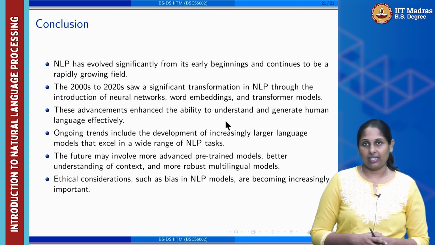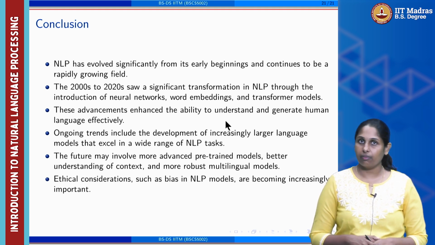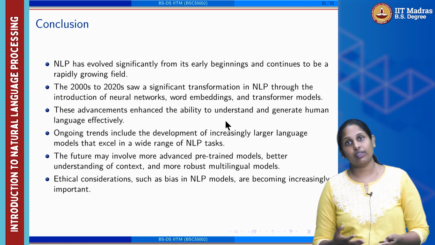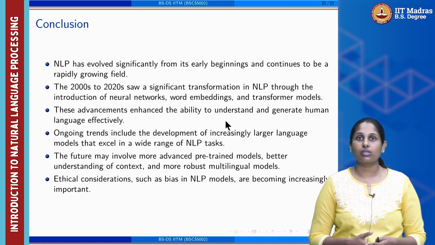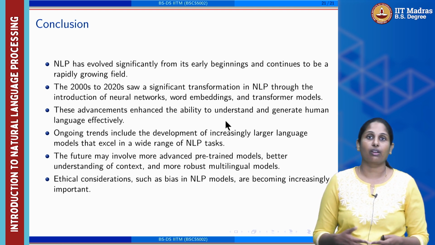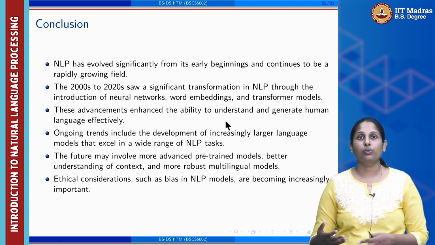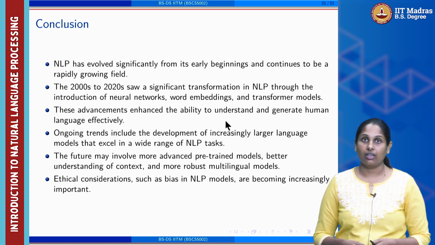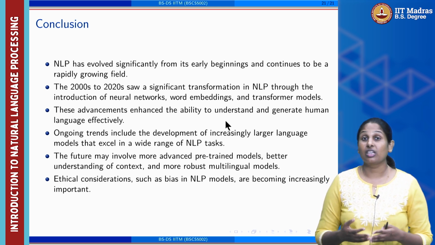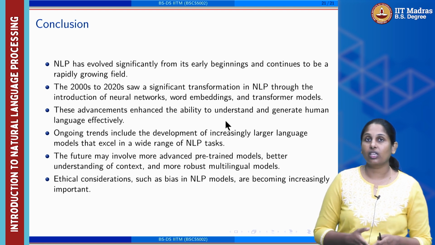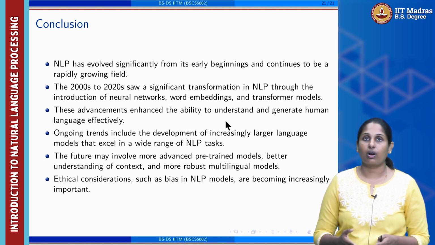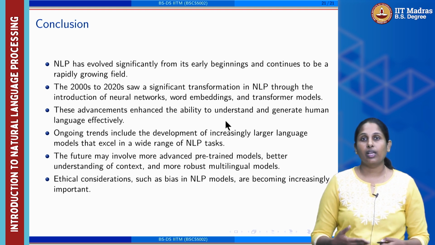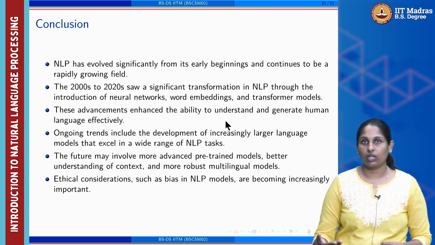Other than that, ethical considerations are very important because we are working with a large amount of data. The data itself can have a lot of ethical problems, or the architecture may produce some kind of bias, or the output interpretability may also end up creating some bias. So bias mitigation is increasingly important when we are working with large language models and NLP applications these days. That's the next future task people are looking forward to.